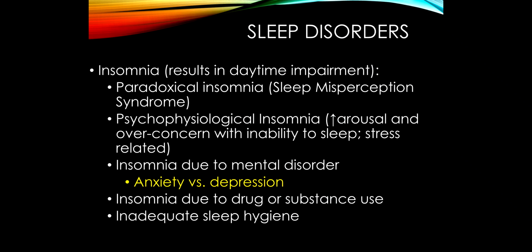One is quite unusual. It's called paradoxical insomnia or sleep misperception syndrome. And these are individuals that feel like they have a poor sleep quality at nighttime, but we bring them in, we do a sleep study, and they sleep perfectly throughout the entire night. And we ask the patient in the morning, "How was your night?" "Oh, it was horrible. I tossed and turned, couldn't sleep at all." And we're looking at the polysomnography testing. It's perfectly normal. There's that condition. And so sometimes some cognitive behavioral therapy can help with a lot of these different conditions.